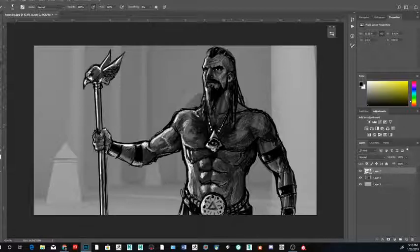There you go. You can kind of see the illusion of a tattoo there. Alright, I'm just going to clean the edges up, and we're going to call this good. And then we can move on